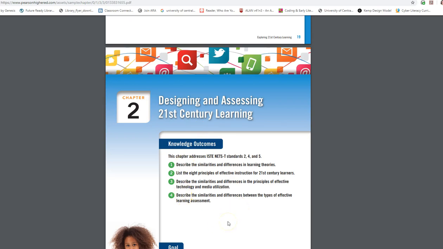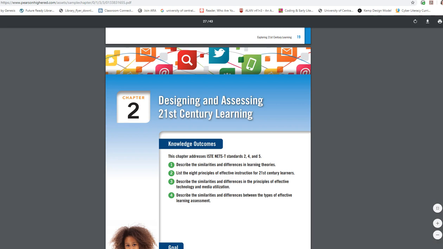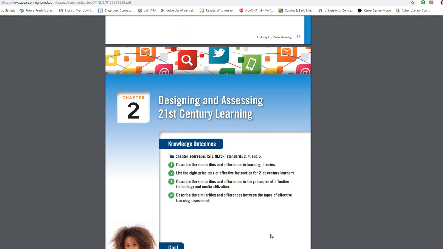So Chapter 2 moves into designing and assessing 21st century learning. And if you hadn't figured out, I am using the, I believe, 11th version of the text rather than the brand newest version. So for this one, we're going to talk about the similarities and differences in some different learning theories. We're going to list the 8 principles of effective instruction for 21st century learners, look at the similarities and differences in the principles of effective technology and media utilization, and describe the similarities and differences in the types of